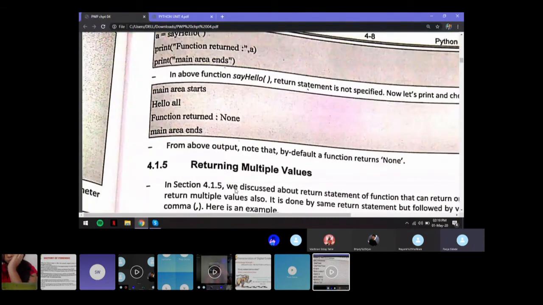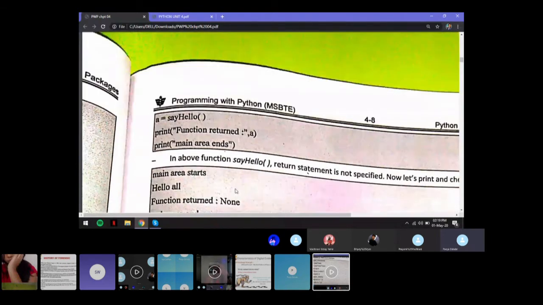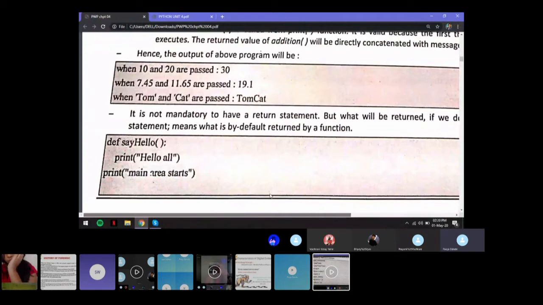So now what we're checking here is when you do not write a return statement, then what happens?